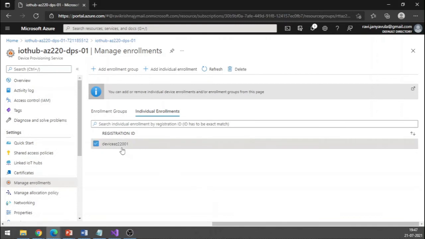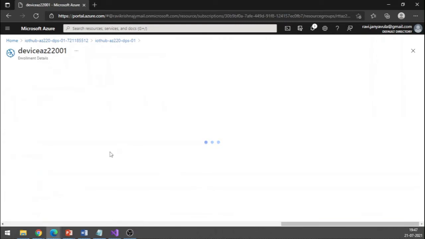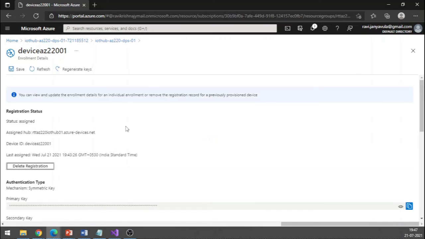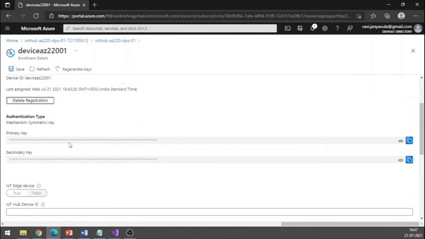So if you click on the individual enrollment that we have created, there are two important keys which we will be requiring. This is the primary key and the secondary key. These two keys we will require at the code level for the device to connect to this Azure device provisioning service